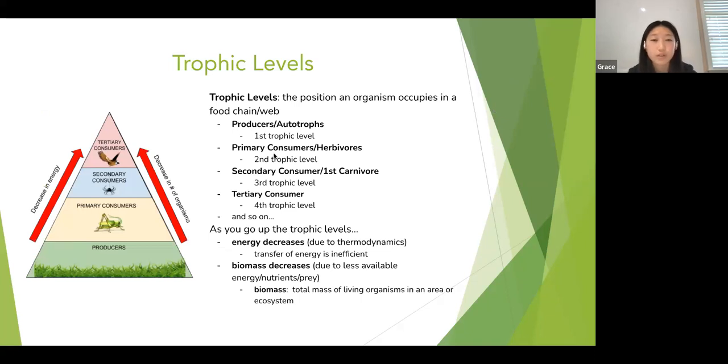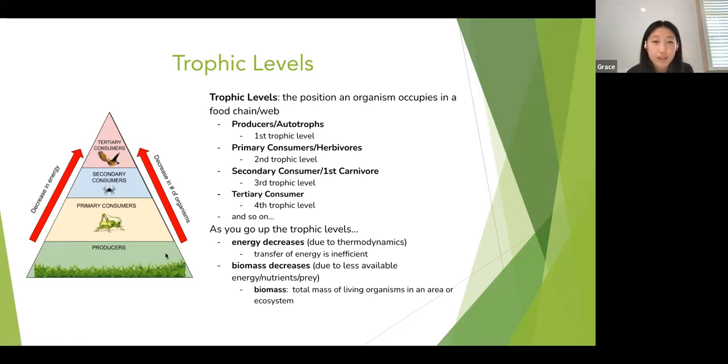Now let's talk about trophic levels. So basically trophic level is the position of an organism which it occupies in a food chain or food web. So producers and autotrophs are always going to be at the first trophic level. These are organisms that usually get energy from the sun, and they're going to be, for example, like grass and